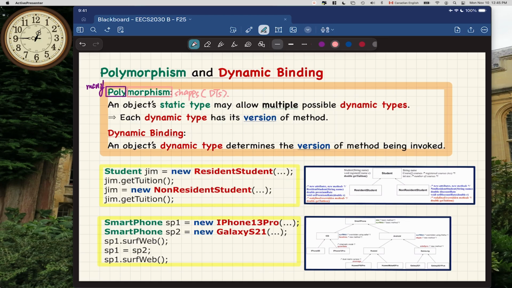It could be resident students, could be non-resident students. Similarly, if I declare a variable of static type smartphone, at runtime I have so many choices, as long as they're descendants, right? So that's really about polymorphism. It's really about multiple possible dynamic types. So now from there, each dynamic type